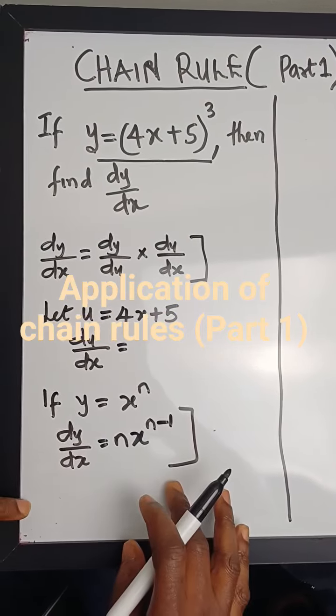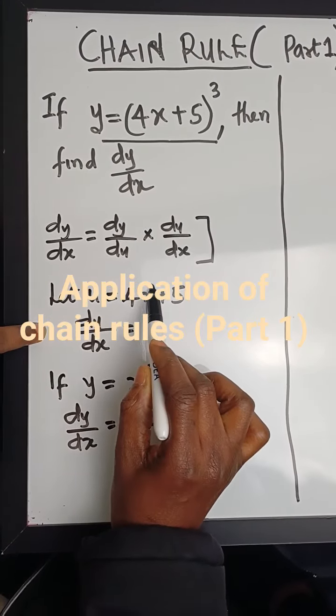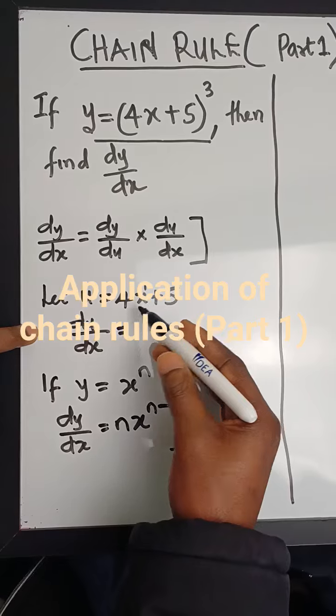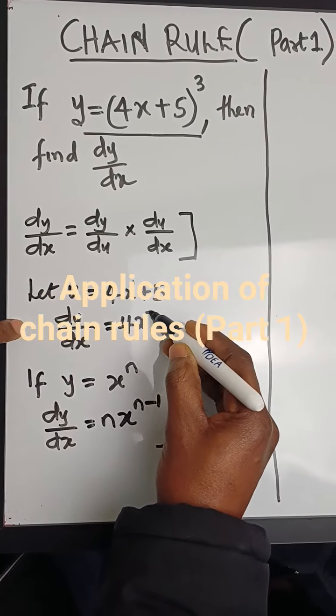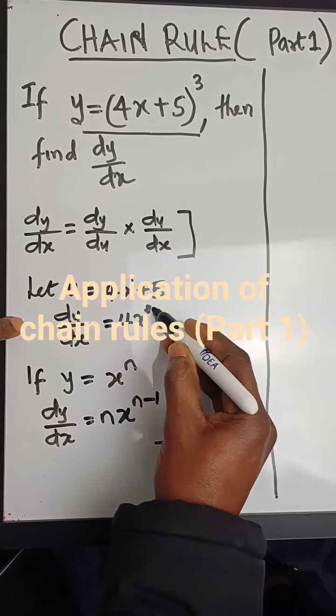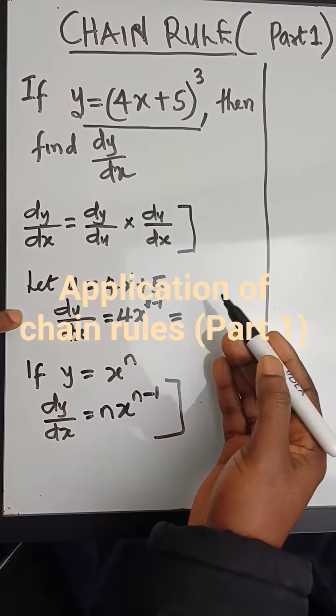Now if you understand this, we can use it here. So discover that the power of x is 1. So 1 times 4, that's 4, x to the power 1 minus 1. So you know 1 minus 1 is going to give you 0. And